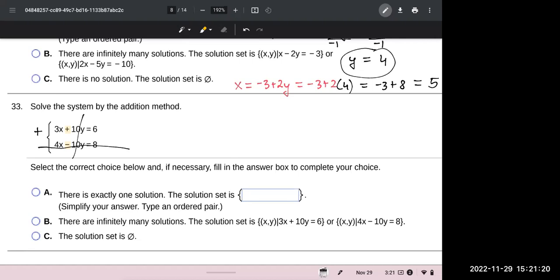So we don't need to multiply any of the equations by any number because we already have those opposites. So I'm adding equations together. 3x plus 4x will give you 7x equals 8 plus 6, and that's 14. So we will divide both sides by 7, and that will give us x equals 2. So again, it's going to be one solution, an ordered pair x comma y, so x equals 2, and to find y,